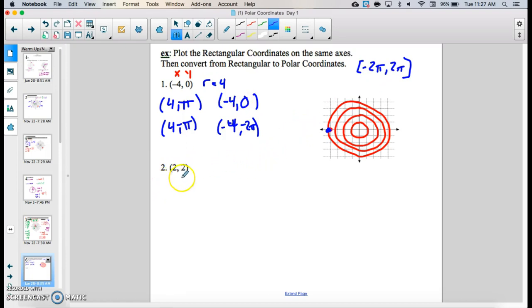2, 2 is a little bit trickier. We just have to think about it more. So if we had done 2, 2, so 1, 2, 1, 2. So we are looking for what is, I know it looks like